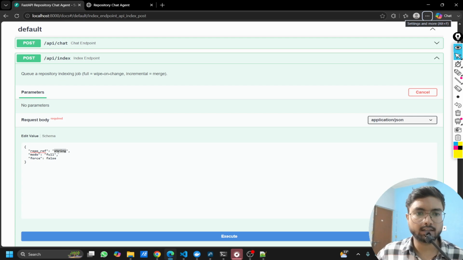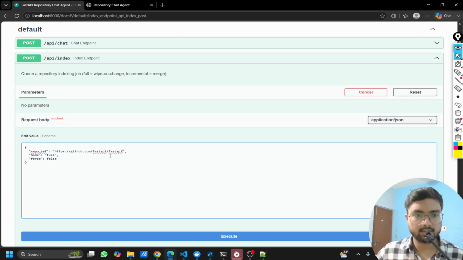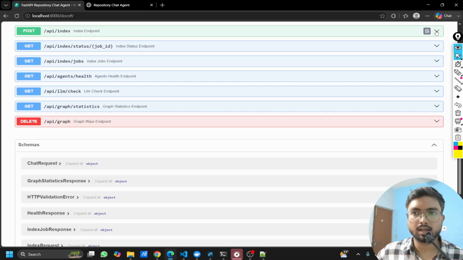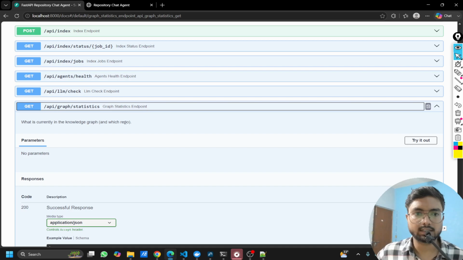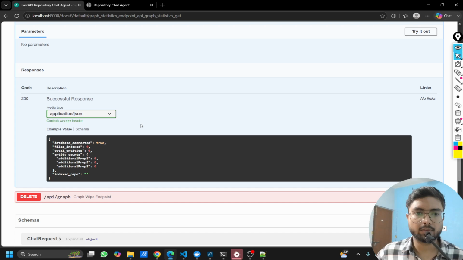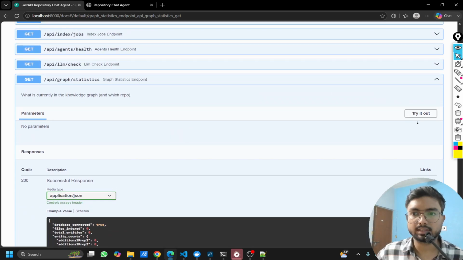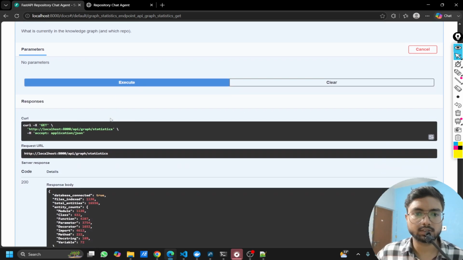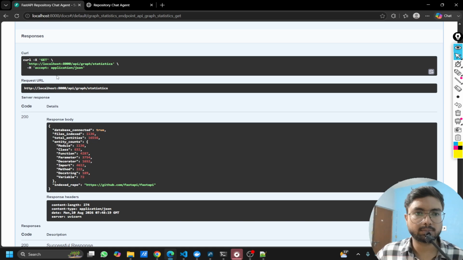So if we try running it, once I execute it, I will be able to start generating the graph one by one. But if you check the statistics now, this is telling me what the current graph is, whether there are any nodes or not. So that detail is what it tries to generate. If I execute this, it will show that this particular